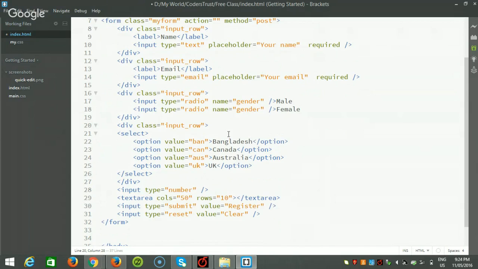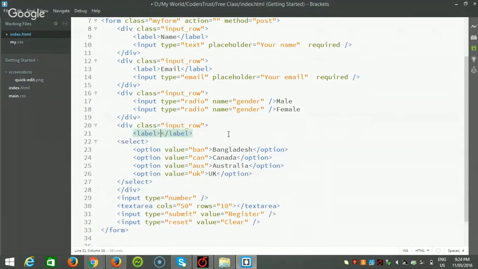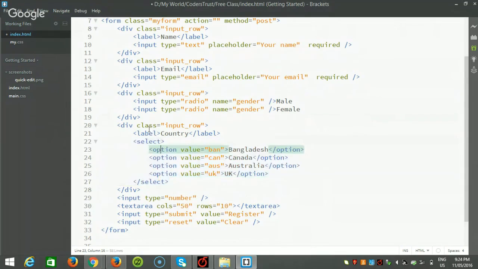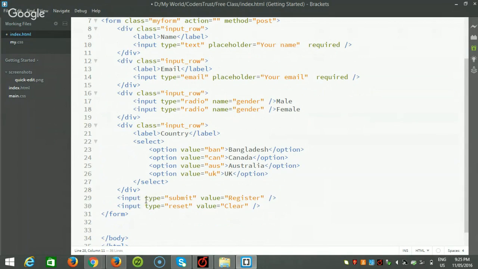I'm just giving a label for the country, so like that country, and then just clicking the same orientation, and we don't need any number now, and it can be register button. For register I'm just giving some tasks like submit, and then just declare. Okay,